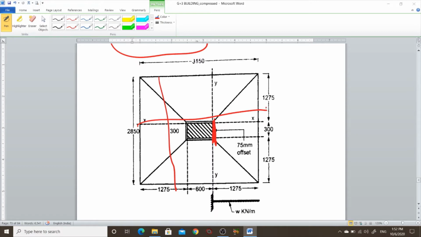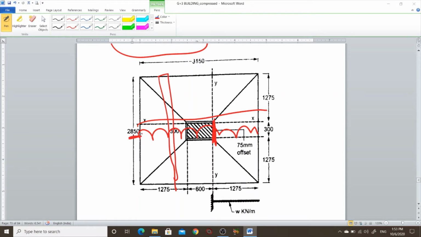We found the net upward pressure, but this load will be a UDL, meaning uniformly distributed load. The load is distributed equally. Here the length is 2.85 meter, 2850 mm.